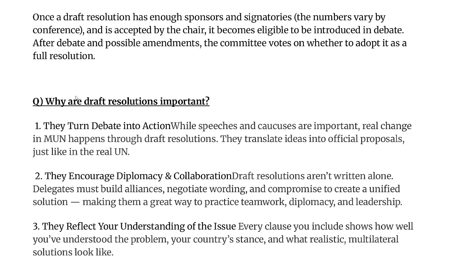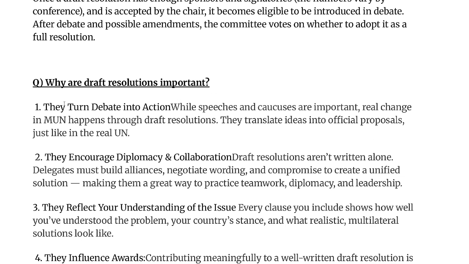Why are draft resolutions important? First, they turn debate into action. While speeches and caucuses are important, real change happens in MUN through draft resolutions. They translate ideas into official proposals, just like the real UN. Secondly, they encourage diplomacy and collaboration. Draft resolutions aren't written alone. Delegates must build alliances, negotiate wording, and compromise to create a unified solution, making them a great way to practice